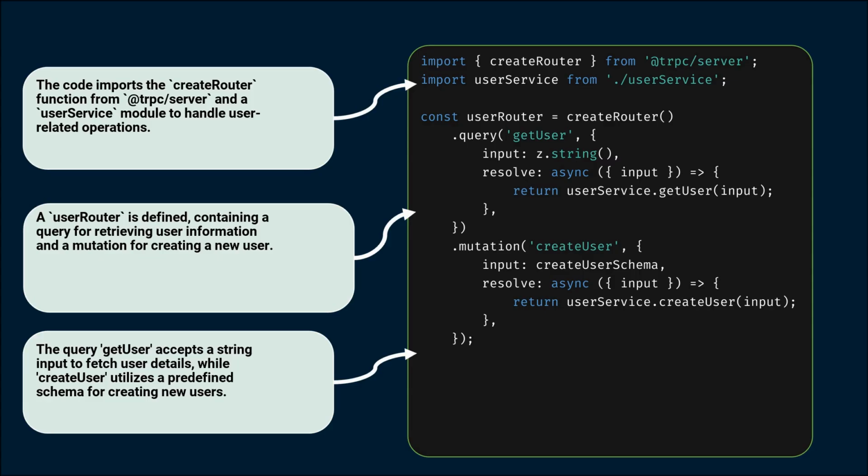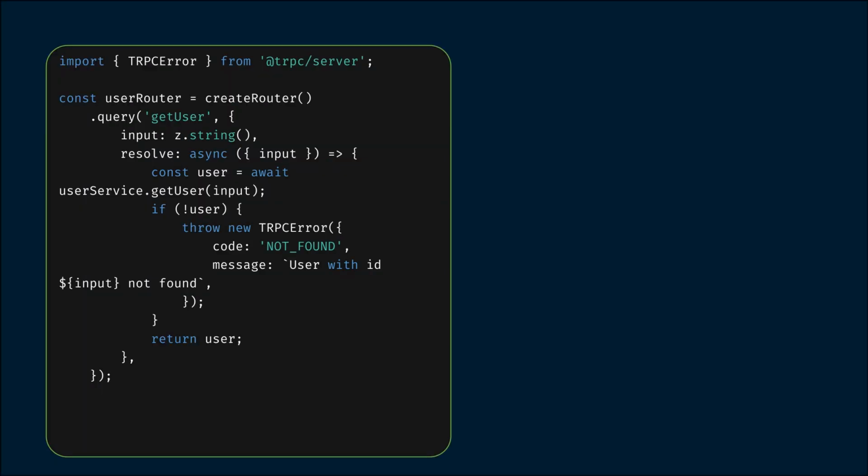Next, we will implement the createUser mutation in a similar manner. This mutation also includes input validation, but in this case, it utilizes a schema defined by createUserSchema to ensure the data format is correct. Upon execution, this mutation will call userService.createUser(input), allowing us to create new users seamlessly. Overall, this design pattern promotes type safety and modularity, making it easier to maintain and extend our API in line with TypeScript best practices. Now let's take a look at how we can implement robust error handling in our tRPC